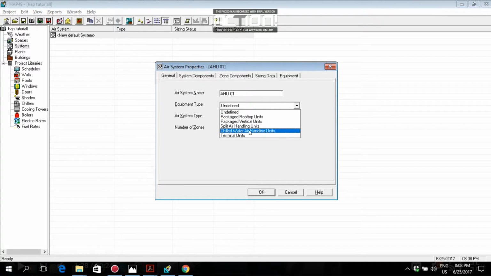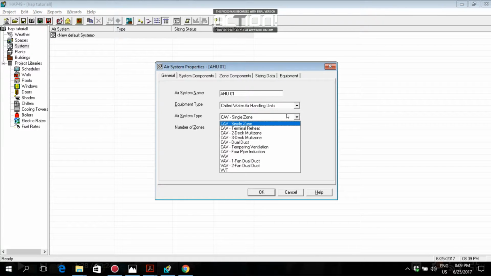You need to select a proper suitable equipment type. Which type of equipment is it? Is it a package rooftop? No, it is not a package rooftop. Package rooftop comes under DX units, and package vertical also comes under DX unit. As AHU is a chilled water unit, you need to select chilled water air handling unit. You can see over here, chilled water air handling unit, and air system type, which type of system you want